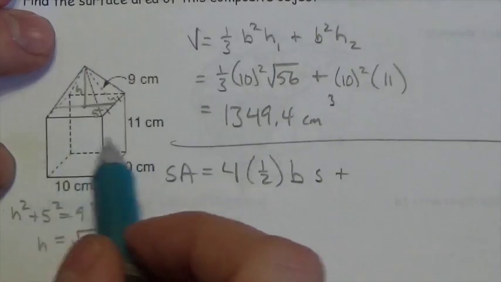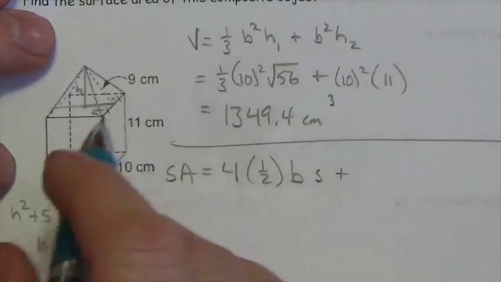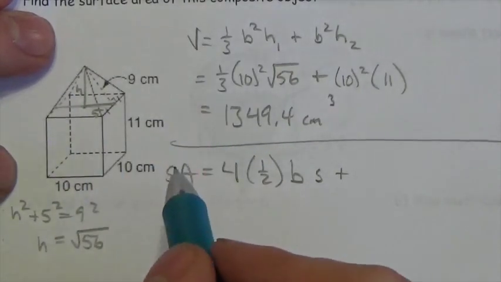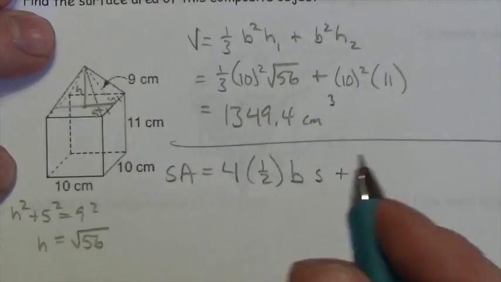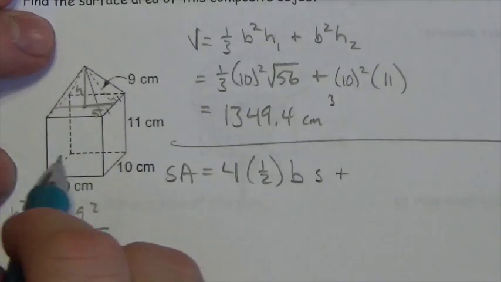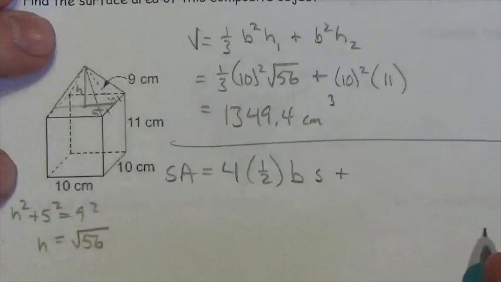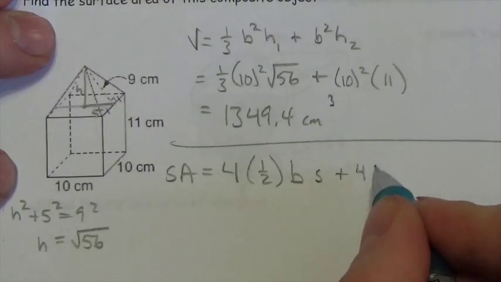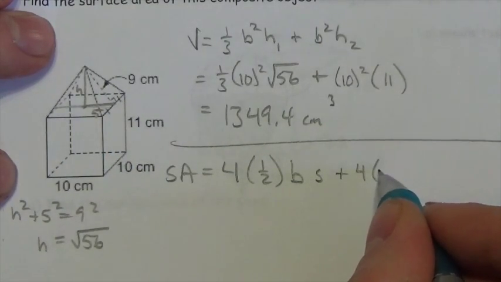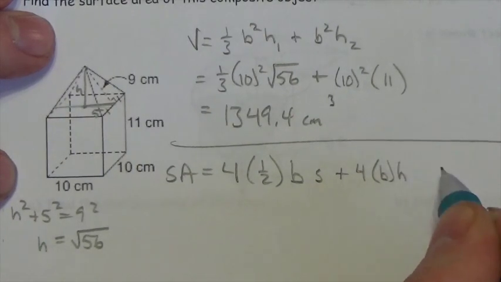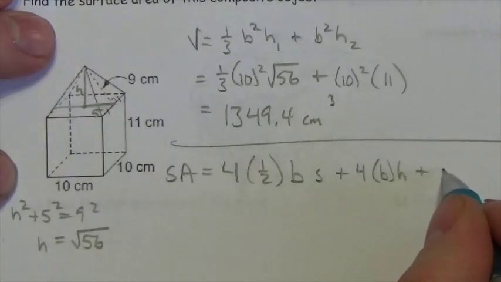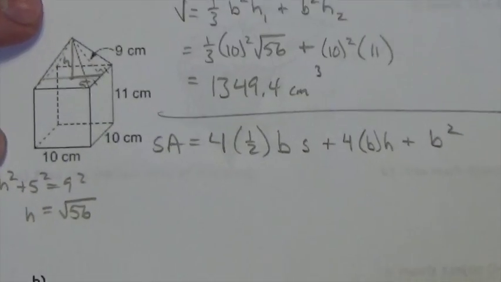Now, it's going to take us a little bit more time to figure out the surface area down here. Bear in mind that it's not a cube, so these sides are not all the same. In fact, all the way around here, the height of all those sides is going to be 11. So there will be 4 sides where we're going to have to multiply base times height, and then we're going to have base squared at the bottom. And so here